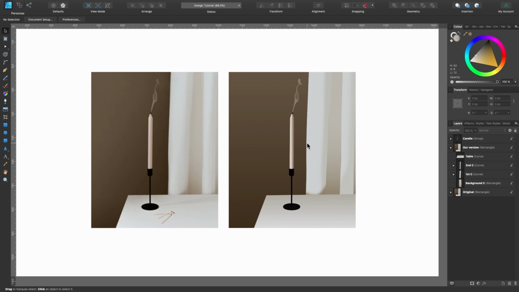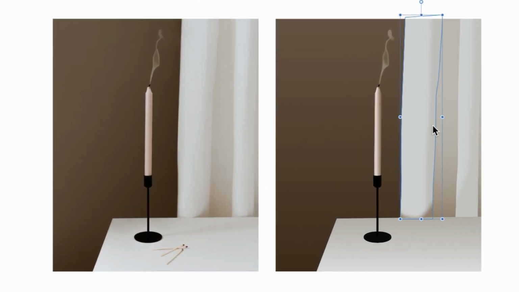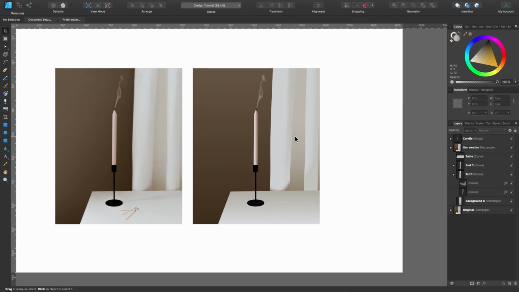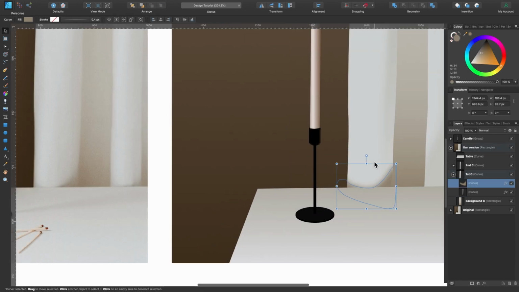Okay, looking at them side by side, I can see there are some differences between my one and that one. So I'm going to go in and see if I can fix some of it. The first thing that I'll probably concentrate on is this one. There it goes from dark to pretty much transparent. So I can see underneath. So I'll just show you this bit. I'll just grab the transparency tool, click and drag that down. And I'll just drag that down a little bit more. All right, I'll jump in and make some changes.